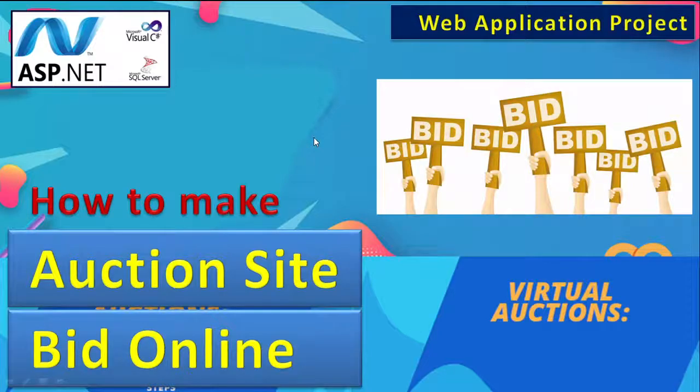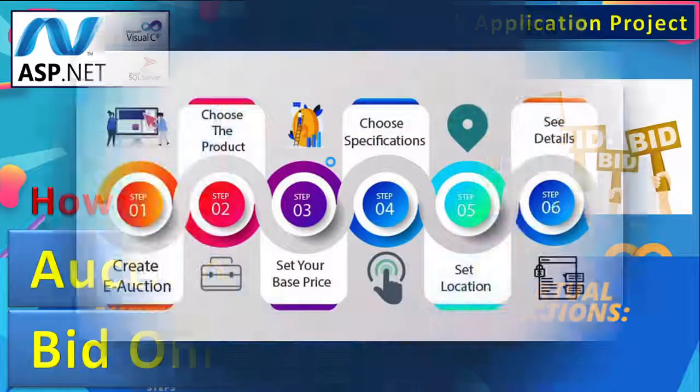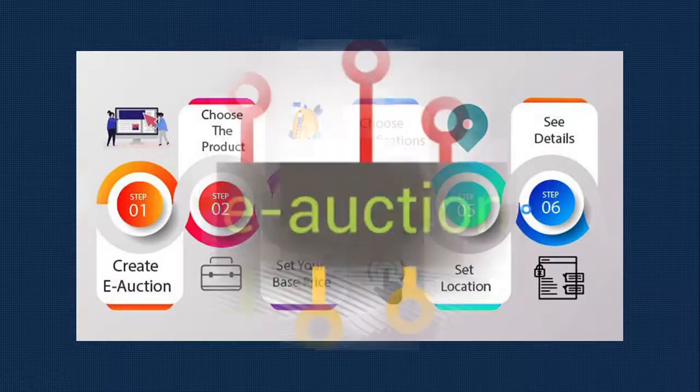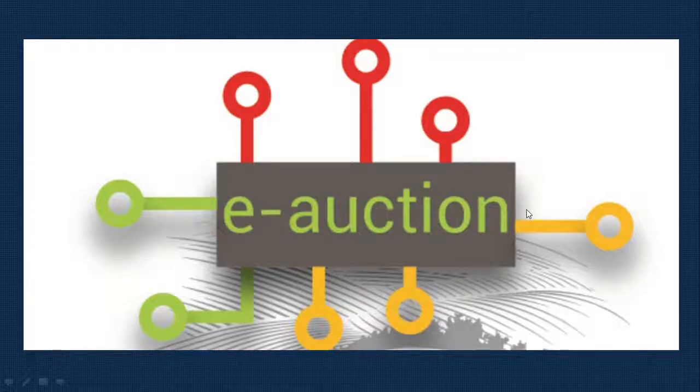So if you're doing any CS course, that is a computer science course, and you need to do a project, I think it's the ideal project for you. So watch the complete video and then learn how to make this. Here we have the different steps to make the bidding. You can list the product, then check the product, then you can put the price. That's how an auction takes place.